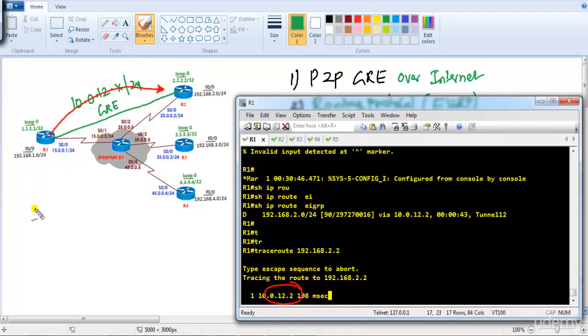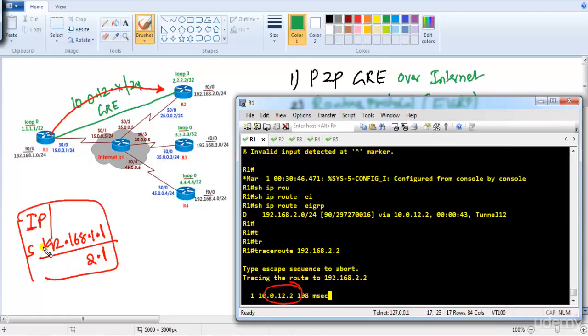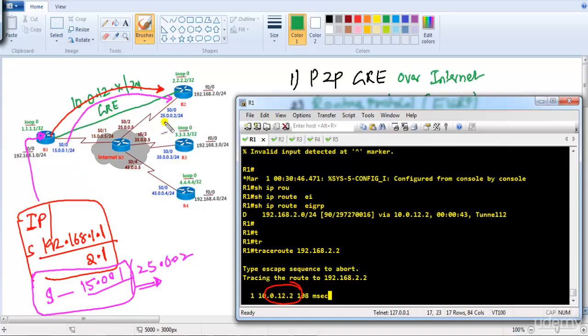But actually what happens is when you're sending any packet, let's say this is my IP packet here, where the source IP address is 192.168.1.1, and the destination address is 192.168.2.1. So that is your actual IP packet. So once it reaches the router, the router is going to add some GRE header that contains the source IP, which will be 15.0.0.1, and the destination IP will be 25.0.0.2, and the actual forwarding of your packet happens based on this outer header, which means it will simply send it to 25.0.0.2,